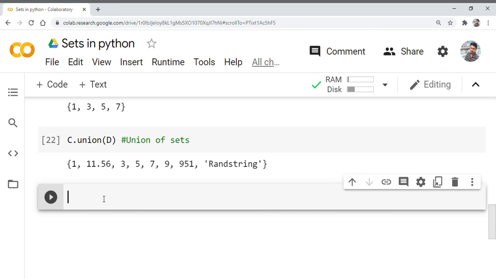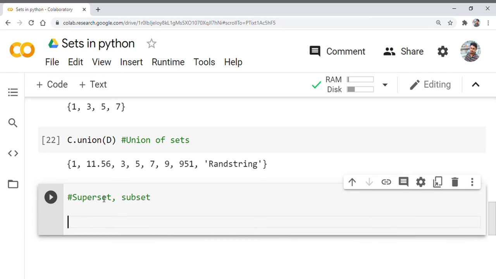And then we also have terms called superset and subset in sets, right? So the last one, superset and subset.